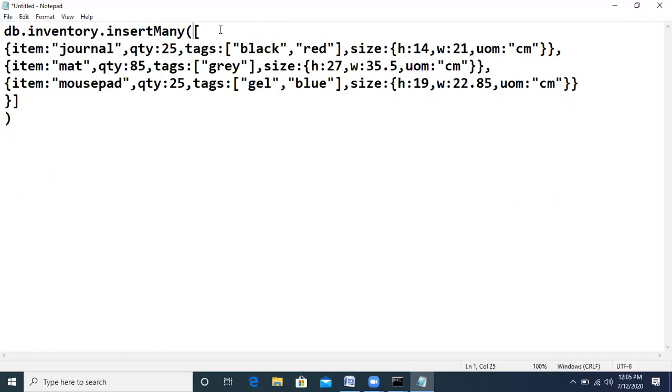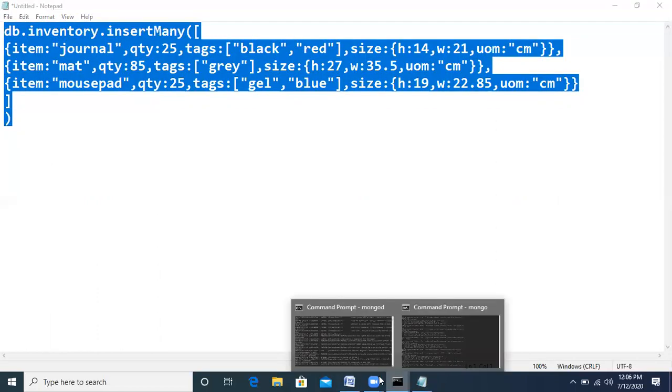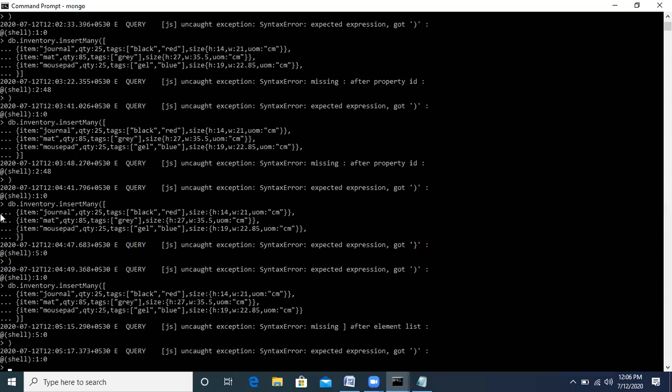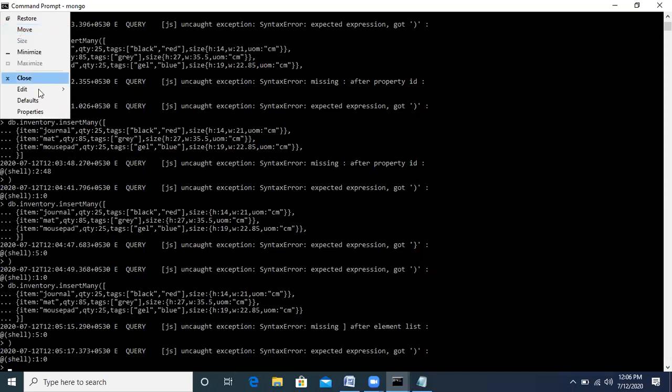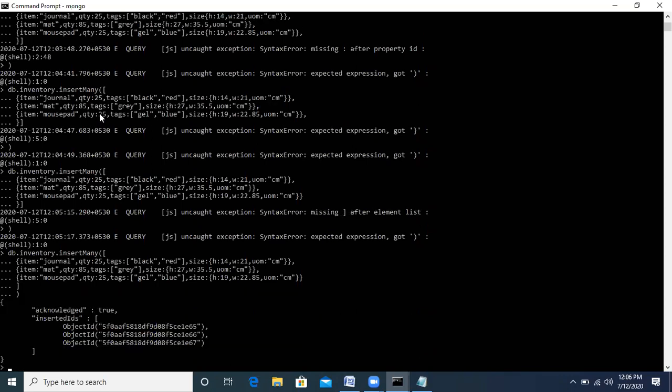Okay, the starting curly bracket is missing? But, yes, ma'am, I think I have added one additional curly bracket. Yes, ma'am, then it's okay. Now is it okay? Yeah, it's okay. One more additional curly bracket was added.